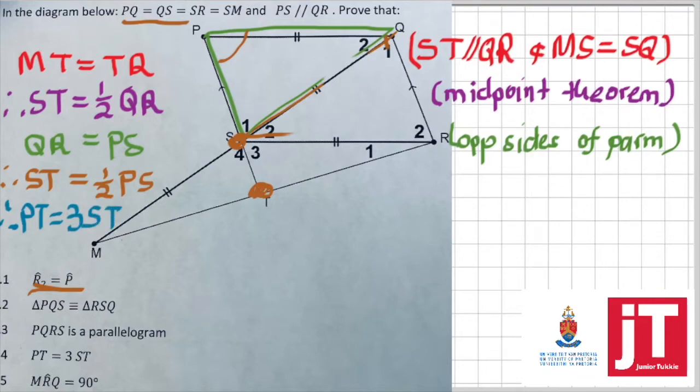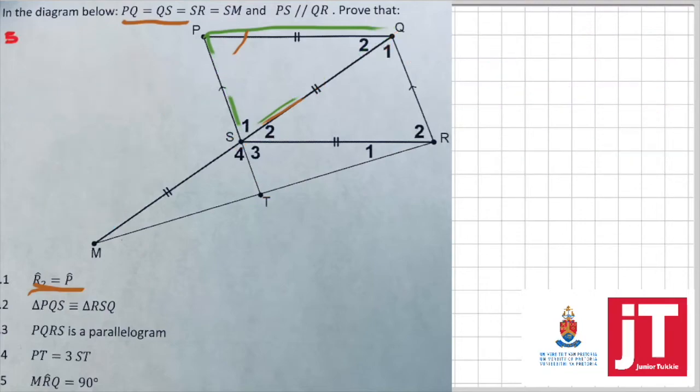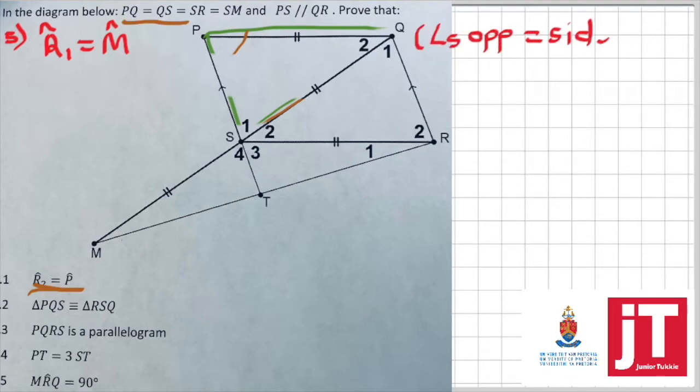We move on to the last question, where we're required to prove that the angle MRQ is equal to 90 degrees. To prove that MRQ is equal to 90 degrees, we start off by saying that R1 is equal to M. The reason for that, it's angles opposite equal sides. We then move on to the following statement, where we say